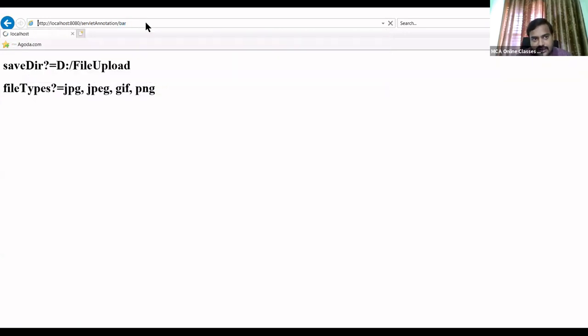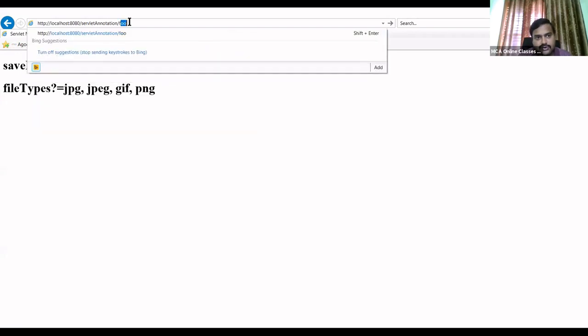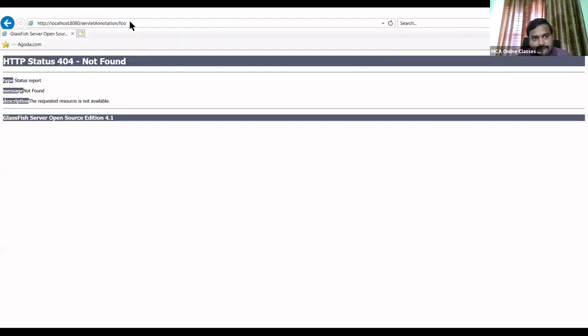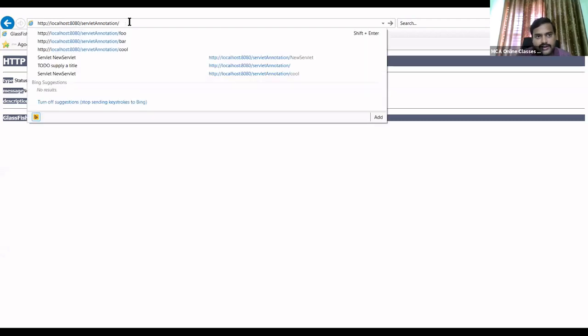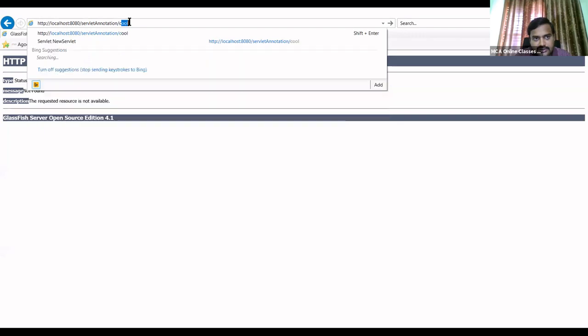You can give this URL pattern, or you can set the other two URL patterns. One is the bar. If you give this one also, it will execute. If you give just another URL pattern, like this, foo, then you will get an HTTP status code 404 not found. You can give one more URL pattern. Three URL patterns are defined there. New servlet, cool.